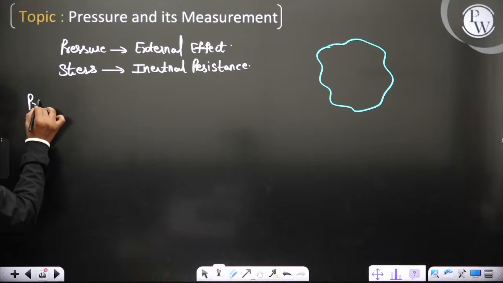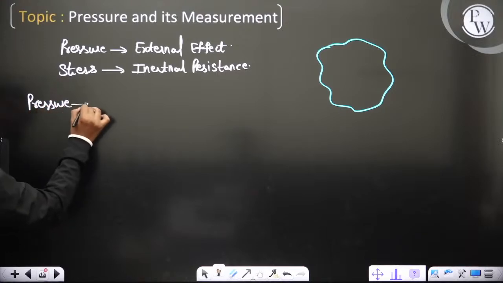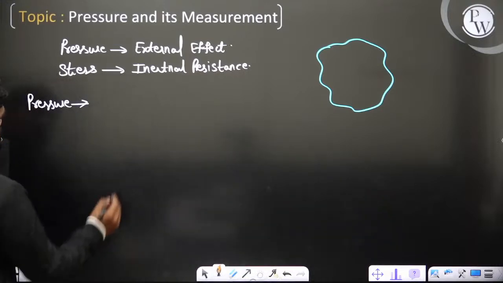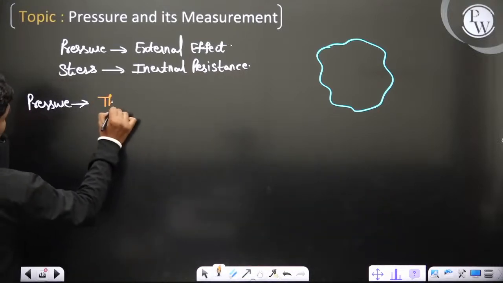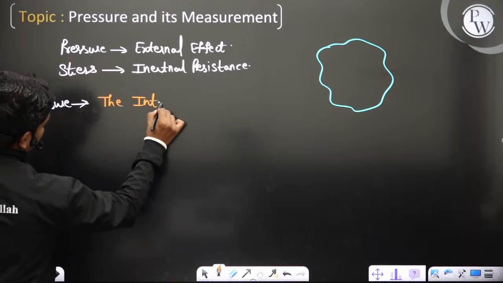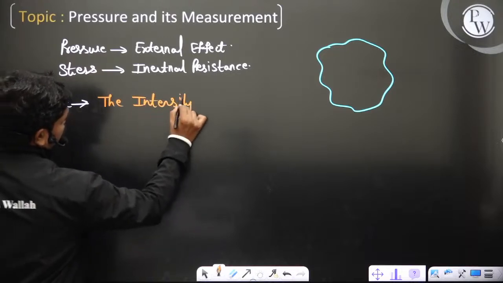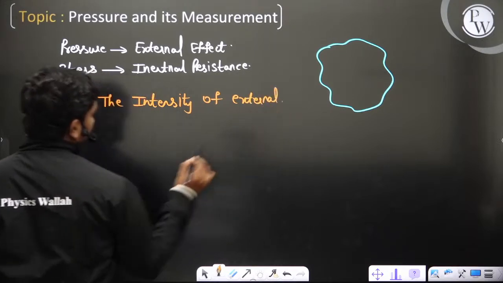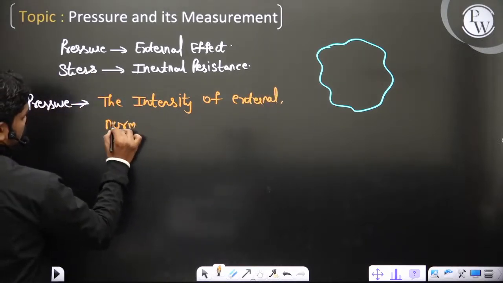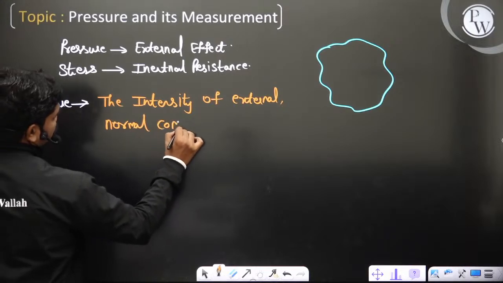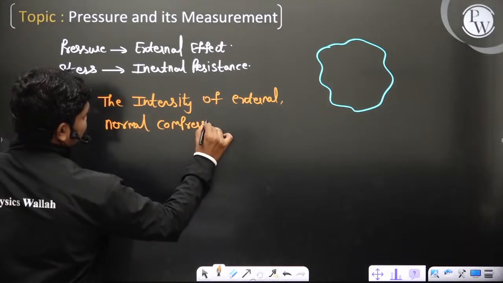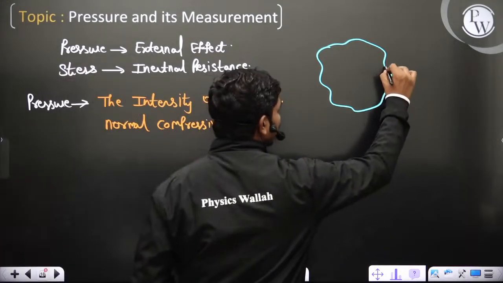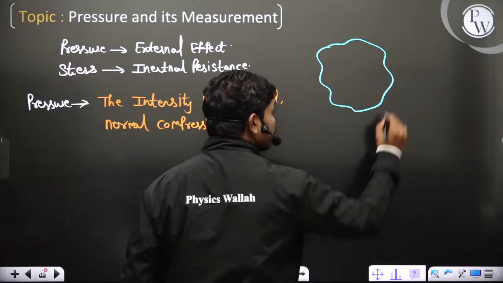Okay, so pressure, if you see clearly, is the intensity of external normal compressive load, or compressive force, you can say. Like for example, if you take a small area dA at this point,